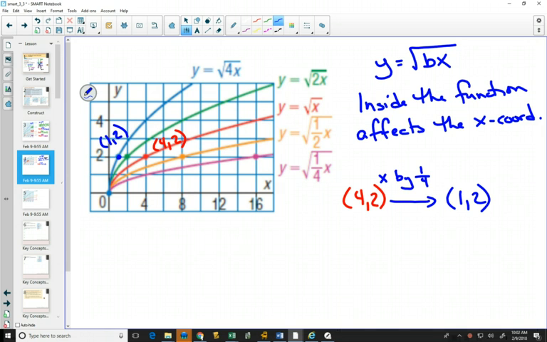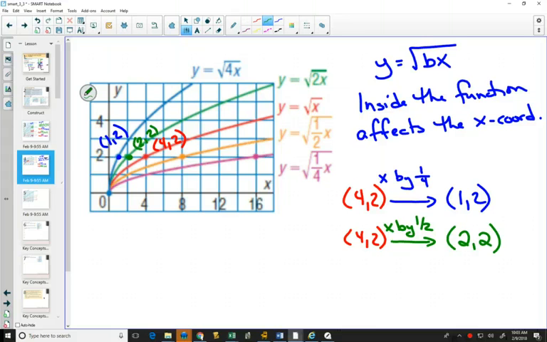So the way this equation is written right now in blue, I would say that's a horizontal compression by a factor of 1/4, because that's what we've done. We've multiplied our x values by 1/4. If we look at the green one, we start with 4, 2 on the green graph. There we have a 2 inside of the function, so you would multiply your x values by 1/2, and you would end up with 2, 2, and you can see that that matches up with that point